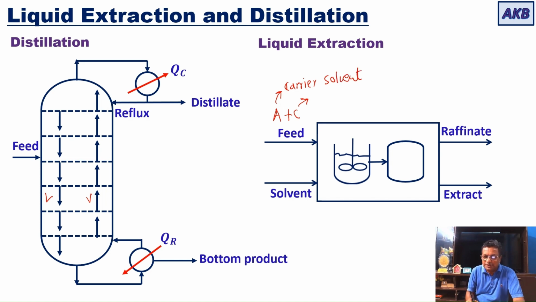Then the solvent, the component in the solvent, if we denote that by B, then what happens? The one thing that is important in this case is the carrier solvent and the extracting solvent. That is A and B, they are